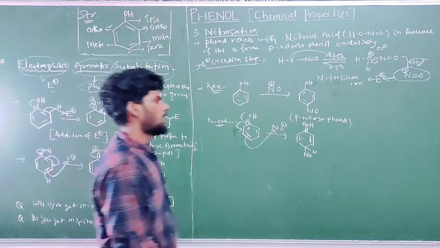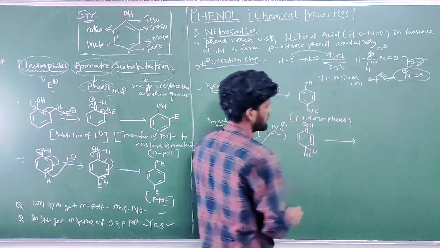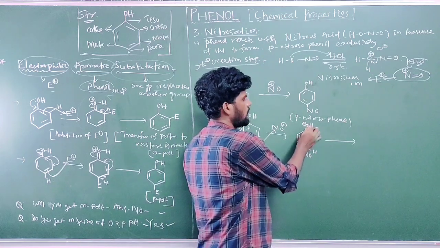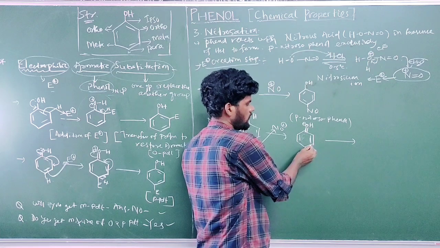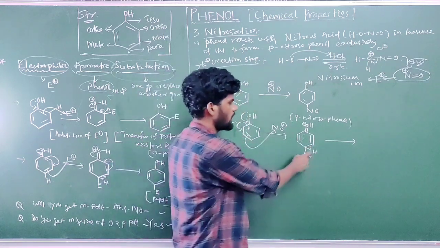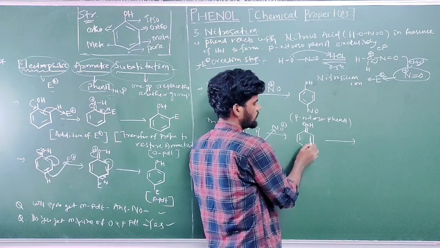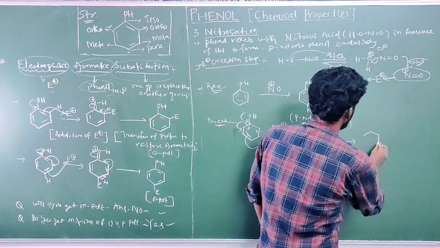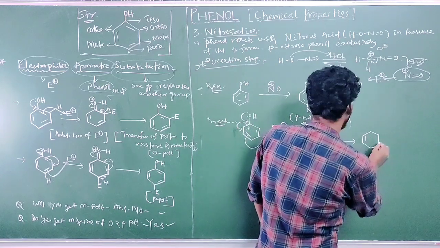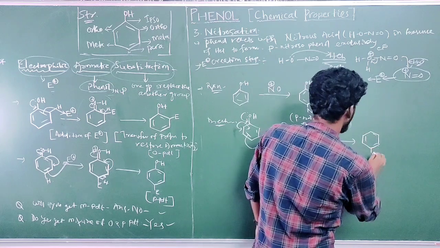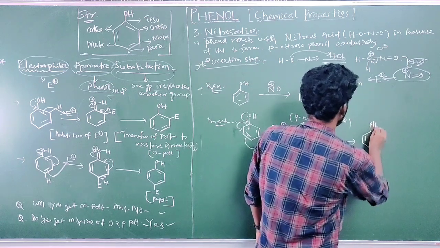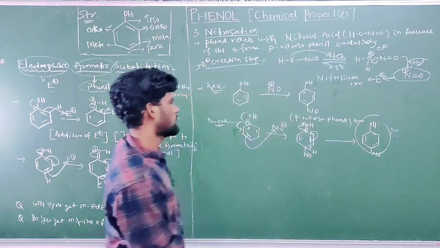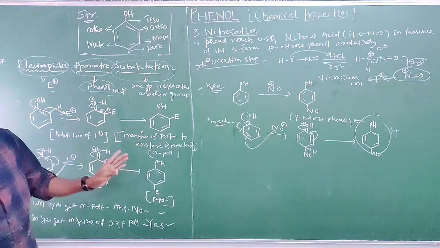Next step, the hydrogen bond transfers to the ring to restore aromaticity and to neutralize this oxygen atom, as a positive charge over an electronegative element is not stable. This bond moves to the ring, this bond moves over to here, and this bond moves over to oxygen. In this way, same reaction. Here is NO, here is OH. This is para nitrosophenol. Similar reaction mechanism, a two-step mechanism.